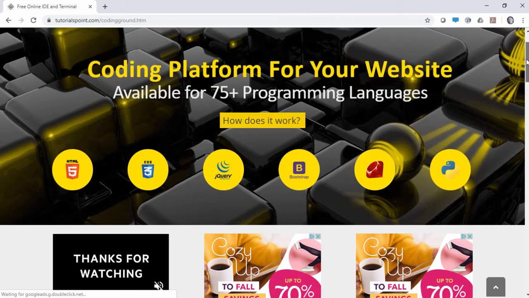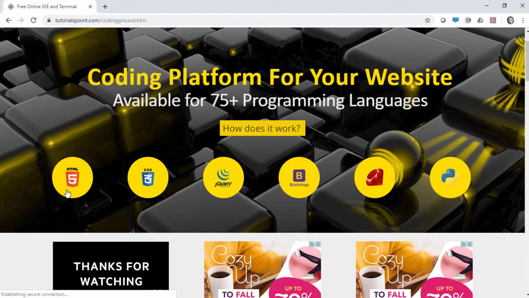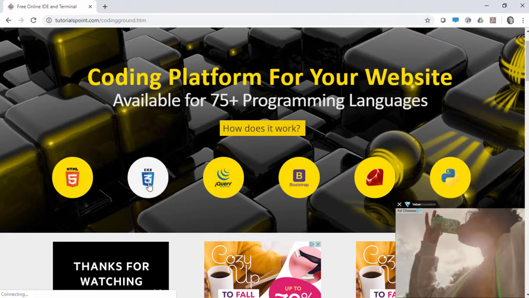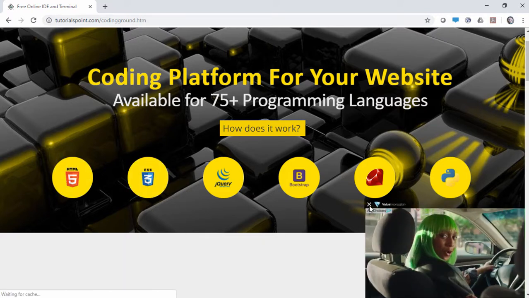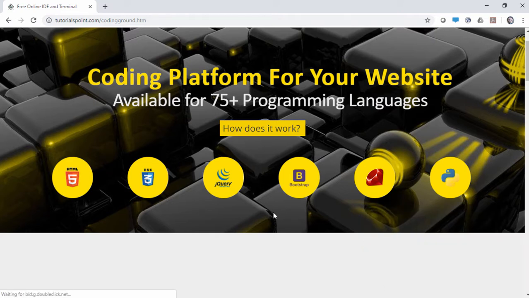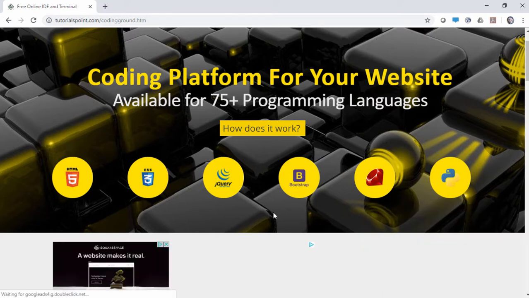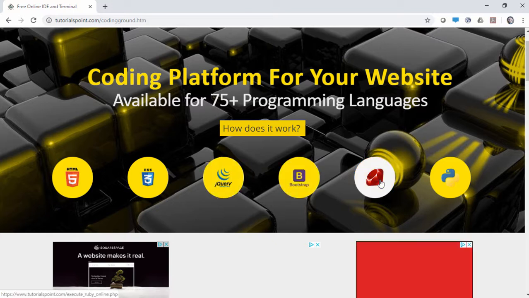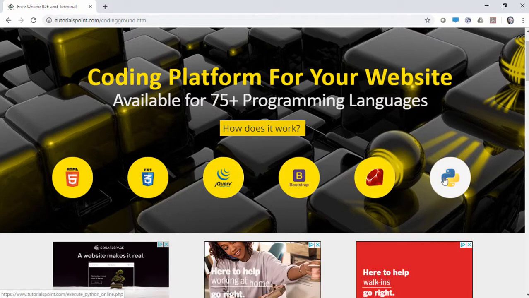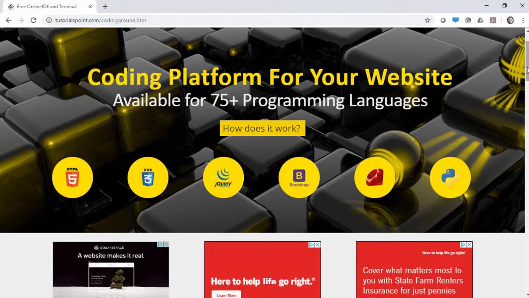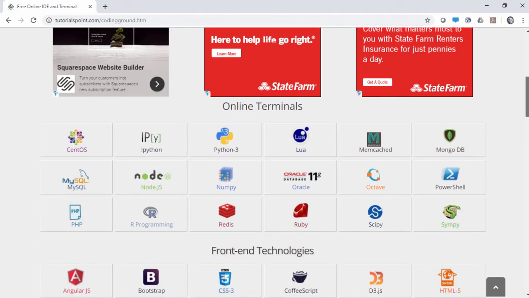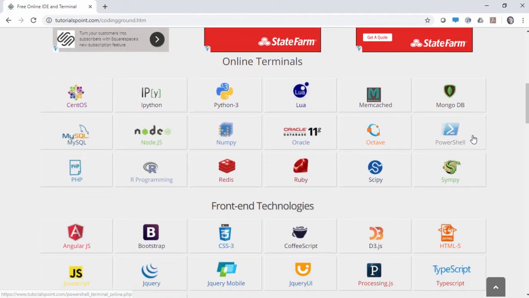You have the different languages that are highlighted here at the landing page, like for example, HTML, cascading style sheets. Pardon me, I'm just going to close this. If you see these things pop up, just ignore them. I got some notifications popping up here. jQuery, some Bootstrap, Ruby, which is an important one, and then also we have some other code we can write here. I believe this icon is SQL Server, so we could write some SQL script here. It's a little bit faded on my monitor, but anyway, if you scroll down, here are the different online terminals that you can be